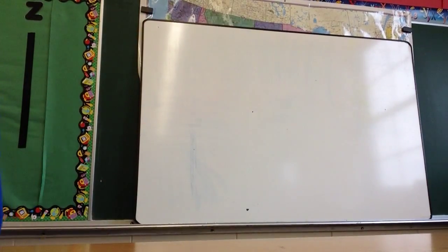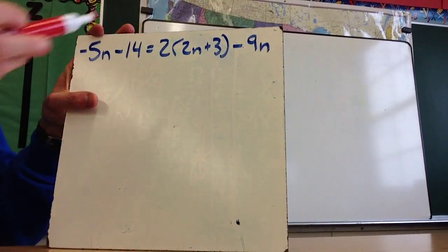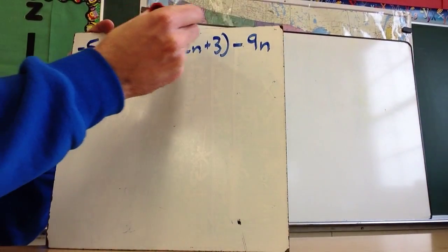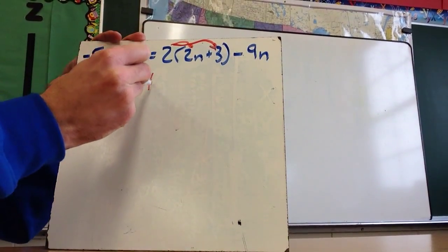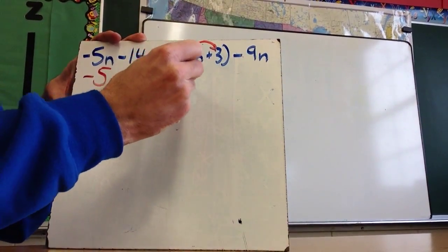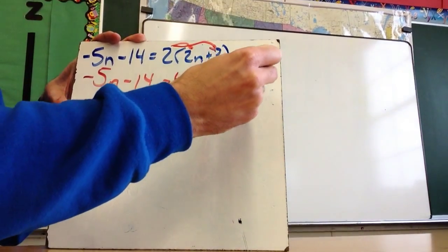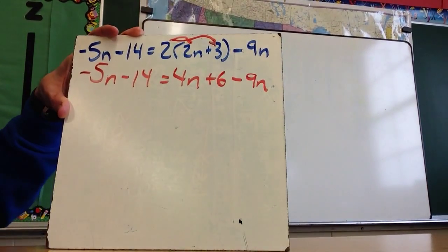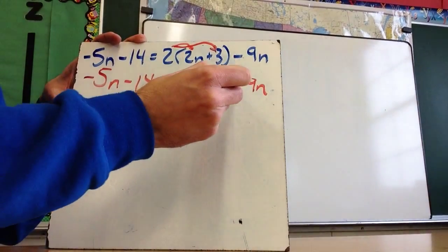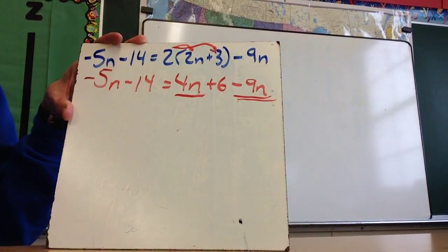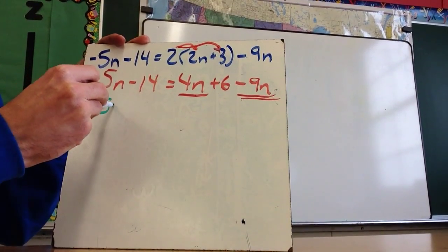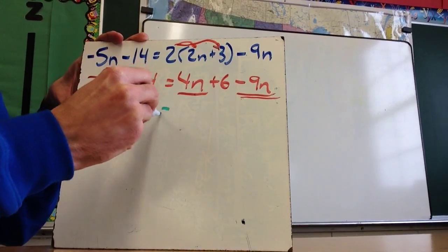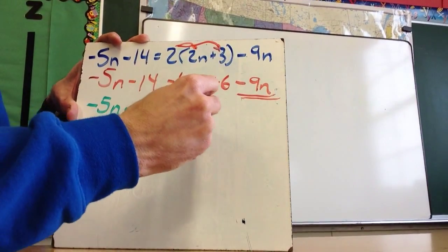All right, now let's take a look at the opposite scenario. Okay, and so I'm going to jump through the first couple steps quickly so I can get you to the part where we get to the problem, right? This is going to be 4n plus 6 minus 9n. Now what I want to do is combine like terms. So I have this 4n and I have this negative 9n. And so when I combine these, this side is going to stay the same. So I have negative 5n minus 14 equals, when I put these together, I have negative 5n